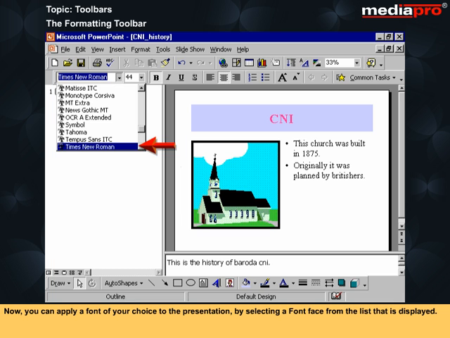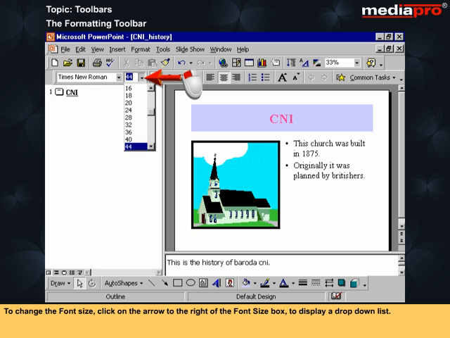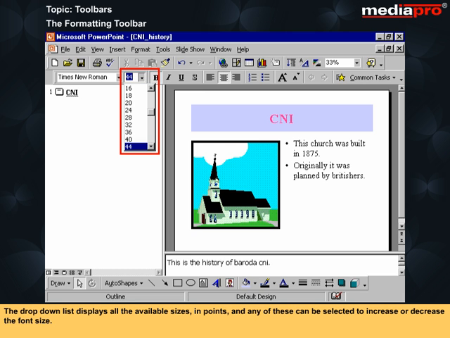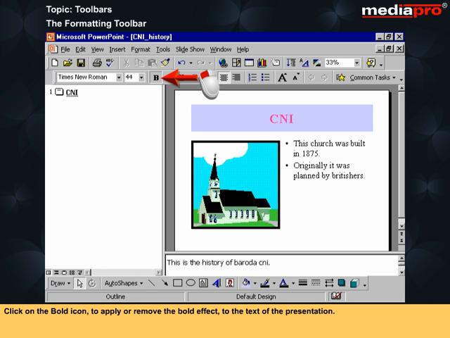that is displayed. To change the font size, click on the arrow to the right of the font size box to display a drop-down list. The drop-down list displays all the available sizes in points, and any of these can be selected to increase or decrease the font size. Click on the bold icon to apply or remove the bold effect to the text of